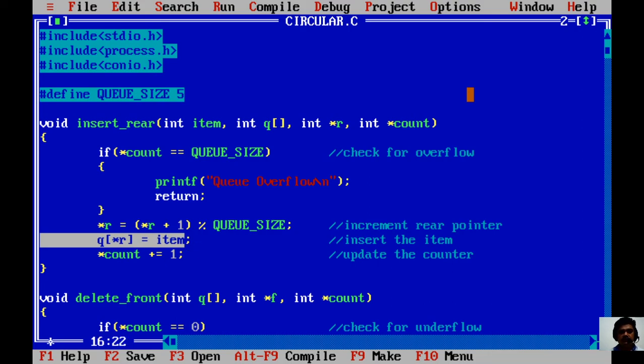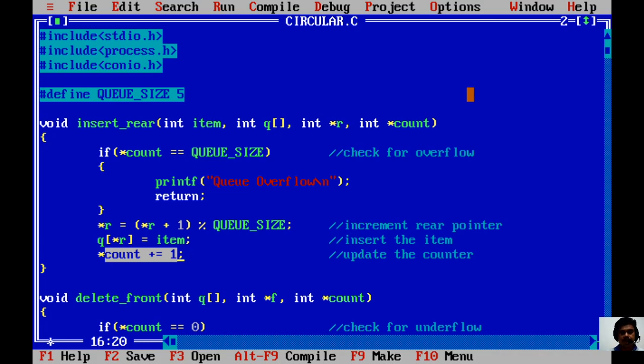Once I insert an item, I need to update the count value also. Please always remember, in the circular queue I take one separate variable called count that keeps updating how many items are inserted or deleted. If it is insert at the rear, I am adding content, so I need to update count is equal to count plus 1.